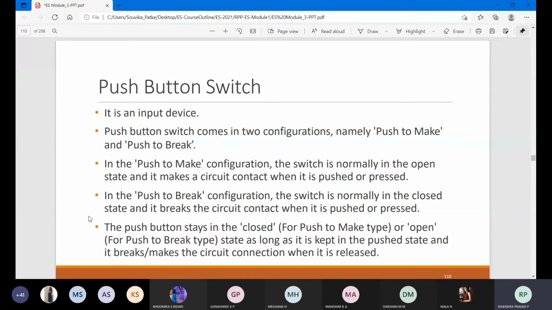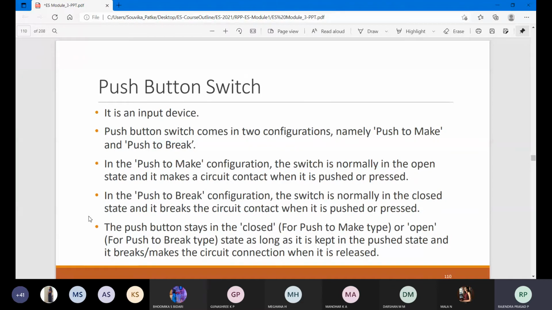The push button stays in the closed or open state as long as it is kept, because we will come to know by default state what the switch should be. It should be in the off condition, which means an open circuit. So when I make it on, I am making it a short circuit, and then the power supply will function.